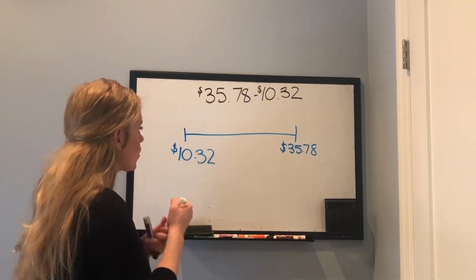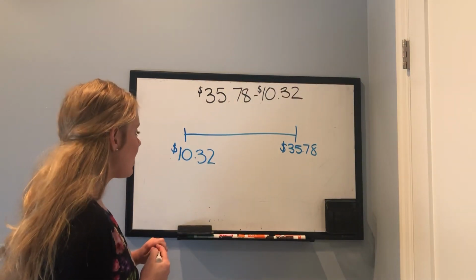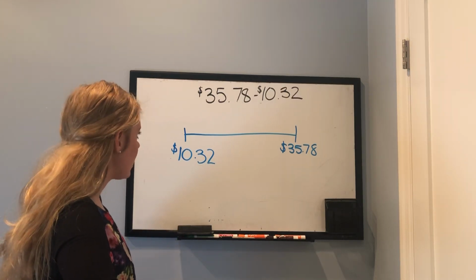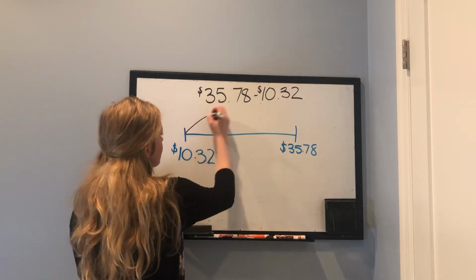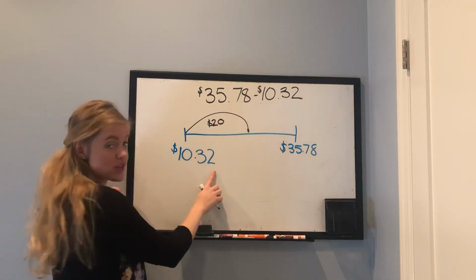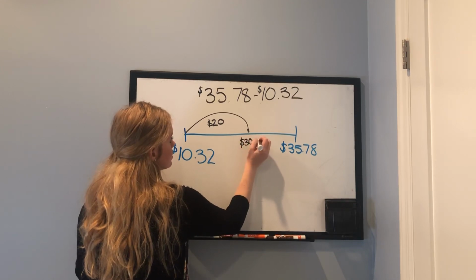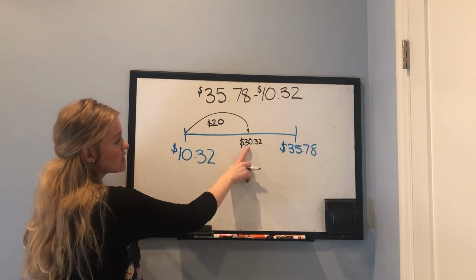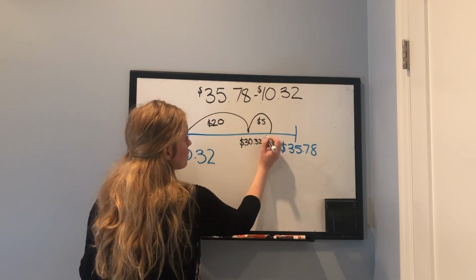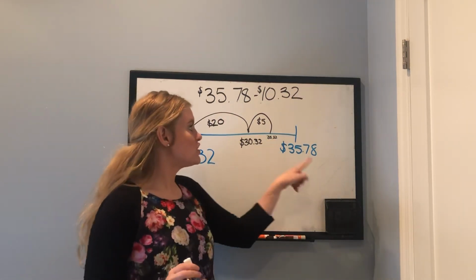So in order to get from 10 to 35, I know that we need at least $20. So if we make a big jump and we have $20 here, we go from $10.32 to $30.32. Okay, so I know that to get from 30 to 35, we need $5. And now we're at $35.32. Now we need to get from $35.32 to